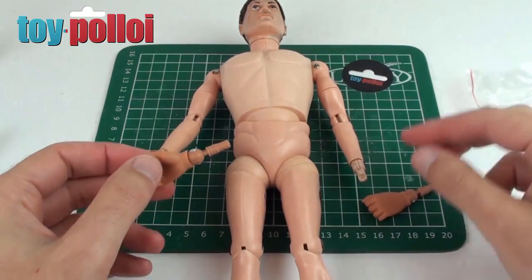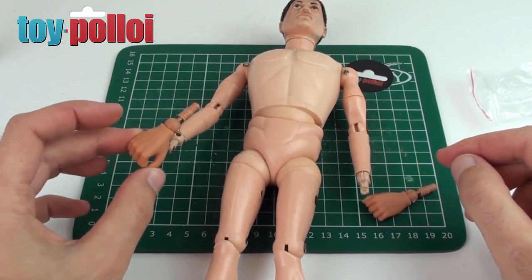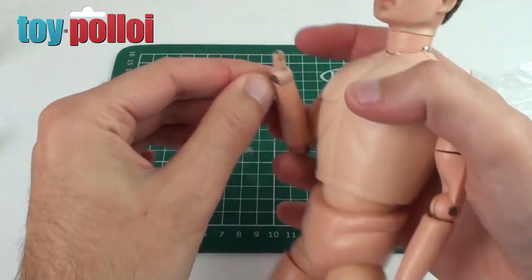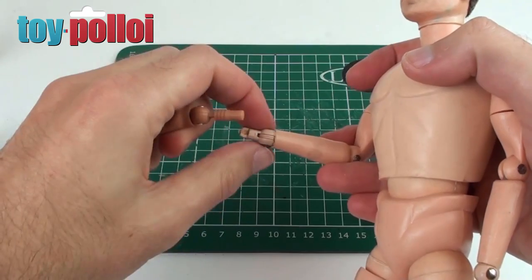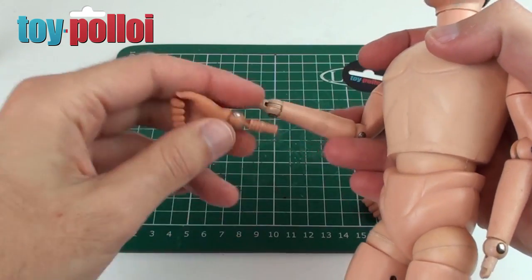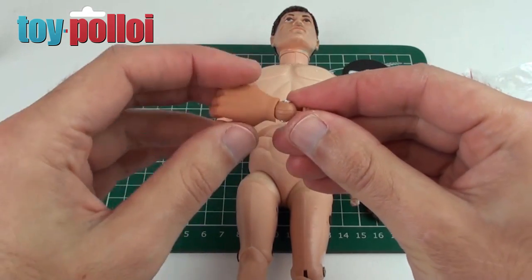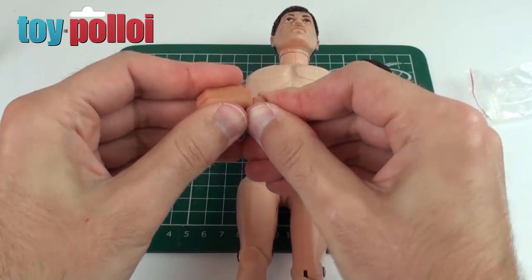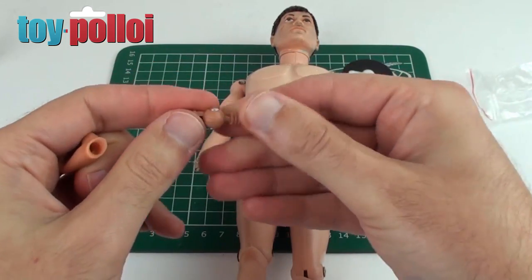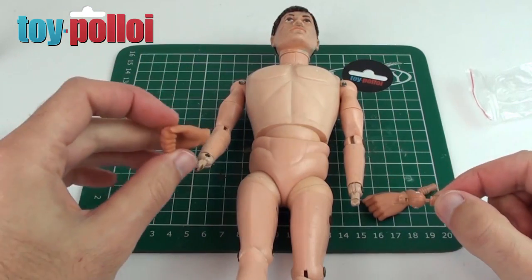Now there is a problem with these modern 40th reproduction ones, is that they don't fit particularly well. If I was to pull out this pin for the wrist joint and replace it with this one, these ones just don't fit as well as the original. So what we're going to do is actually just take off the hands from these 40th ones. They're just glued on, so you can just bend the rubber a bit like so, and you can see that the wrist joint actually comes out,